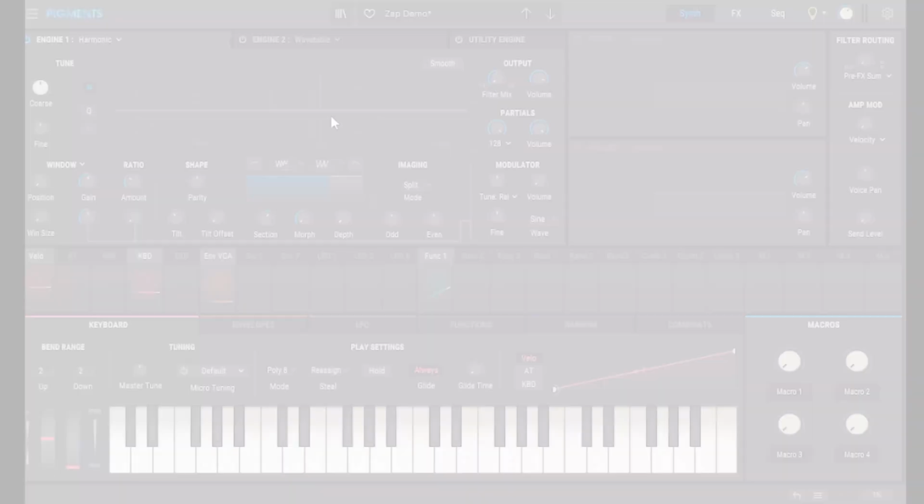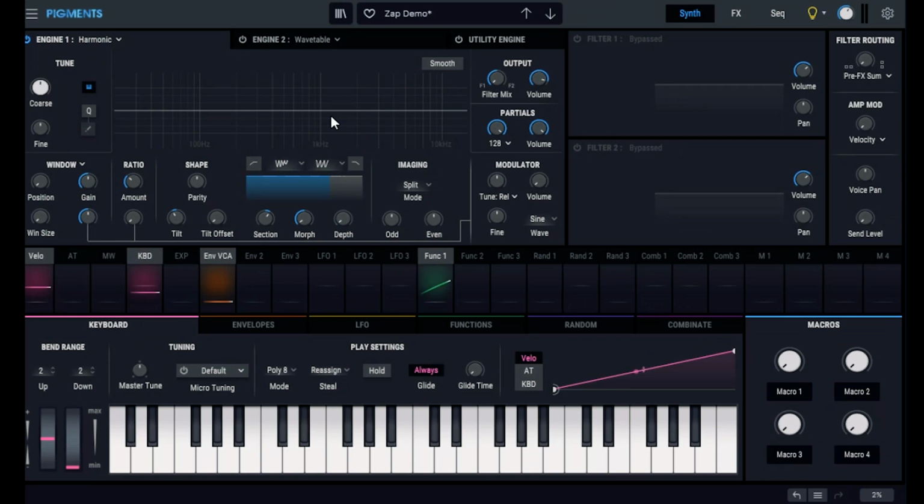So let's do this. I'm gonna start with the first feature, which in my opinion is one of the biggest additions, and it's the Harmonic Engine. Basically, the Harmonic Engine is additive synthesis. You might know some additive synthesizers like Loom 2 or Armor. A good mindset to have when you work with the Harmonic Engine is to imagine that you are sculpting your sound. Instead of having a waveform that is just there, you can really shape the harmonic content that is